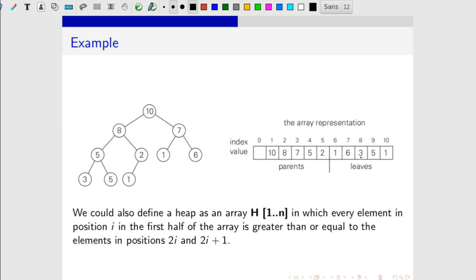If you take the element 3, which is a leaf, the index is 8, so its parent is at 8 by 2, that is 4, which is 5. So, children are at 2i and 2i plus 1, and the parent is at i by 2.